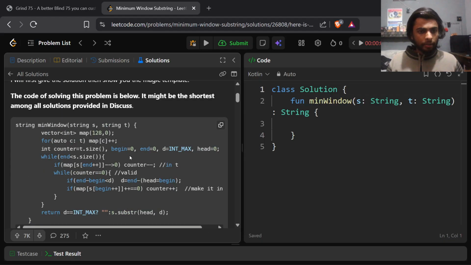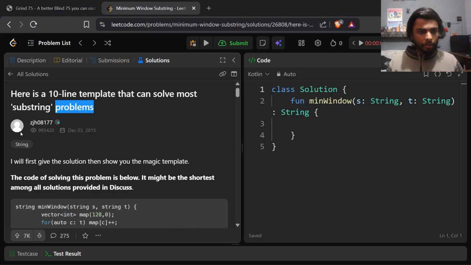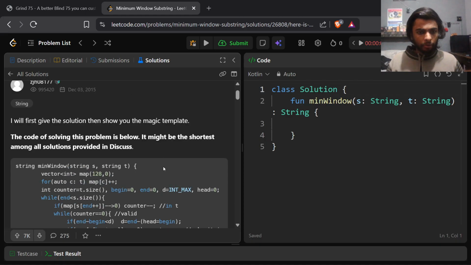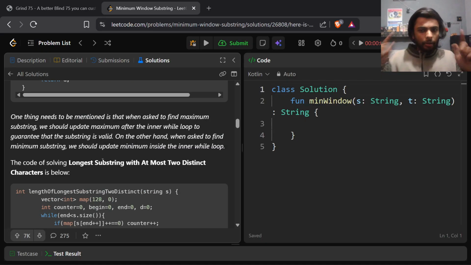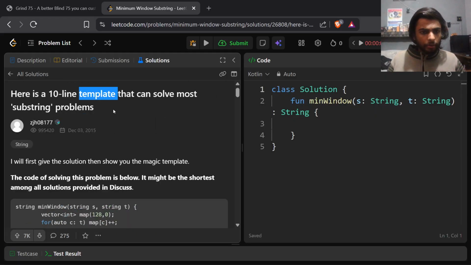and here's a very nice template for these kinds of problems. So yeah, I'll read this, I'll try to do the problem. Let's see if I can do this right. Okay, so yeah,